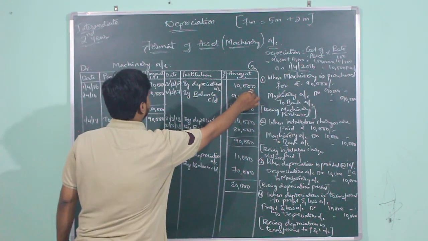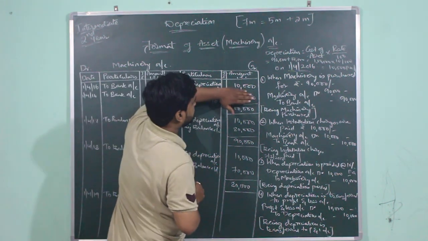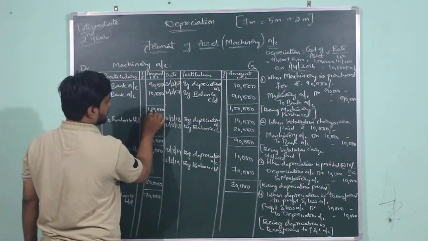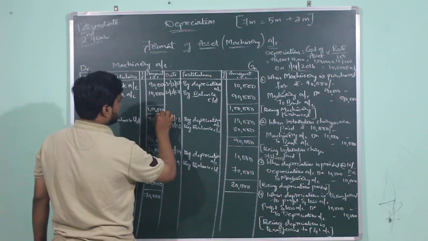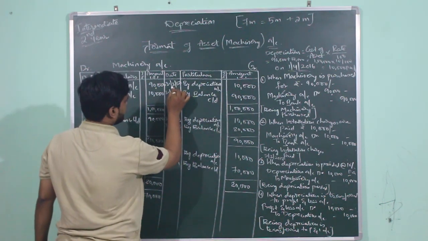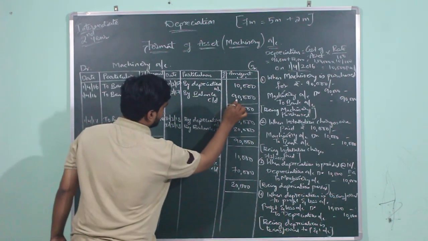Now we are going to balance the account. Here the total is 1 lakh, but here the total is only 10,000. So what is the highest value? 1 lakh. So you will be recording 1 lakh on debit side as well as you will be recording 1 lakh on credit side. So what is the difference amount? 1 lakh minus 10,000. The difference amount is 90,000, which you will be writing at the end of the year as 31st March 2017 by balance carried down 90,000.